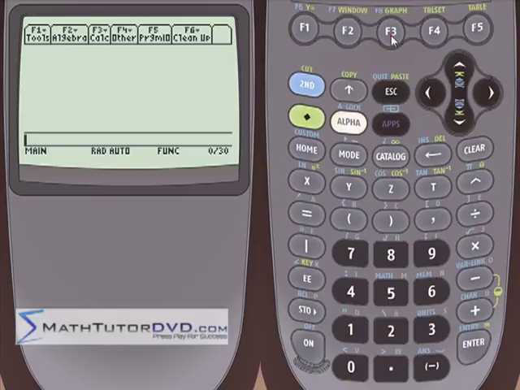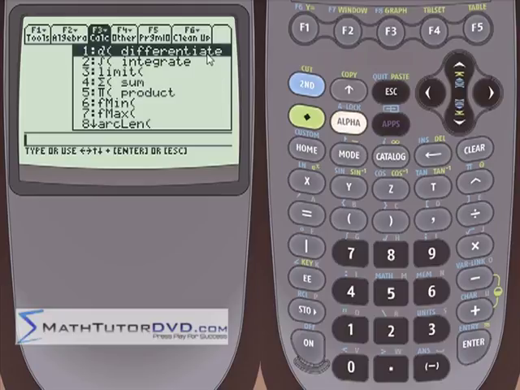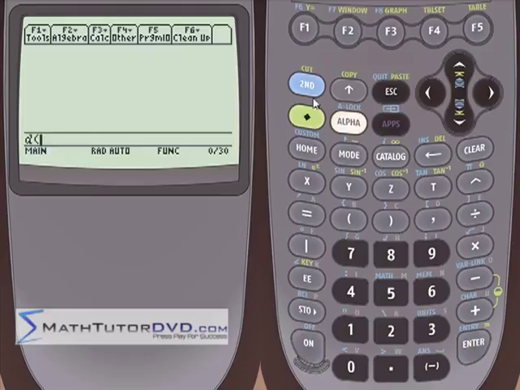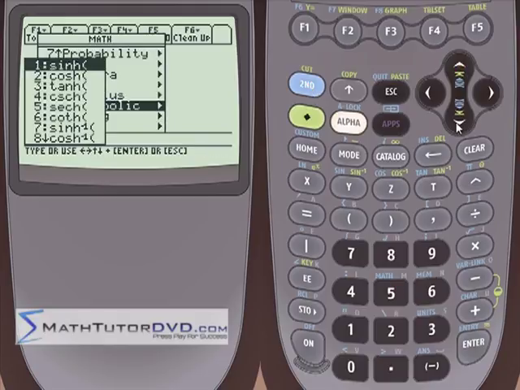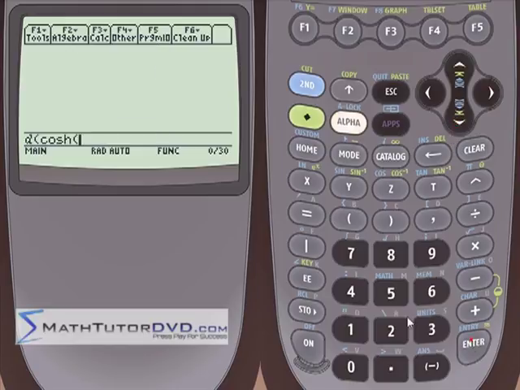But let's do something a little more interesting. Let's go to differentiate and take a derivative of one of these. So we put the D on the stack. We go into the math menu. We go up to hyperbolic. Let's select hyperbolic cosine. We have to give it a variable, so hyperbolic cosine of x, differentiate that with respect to x. So you would just stick the function right inside the derivative operator, with the variable that we're taking the derivative with respect to,